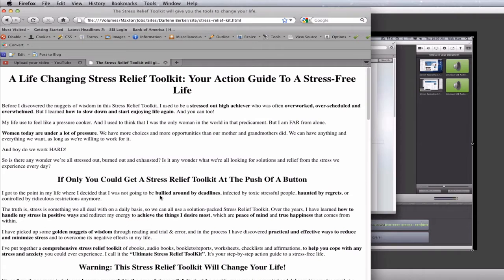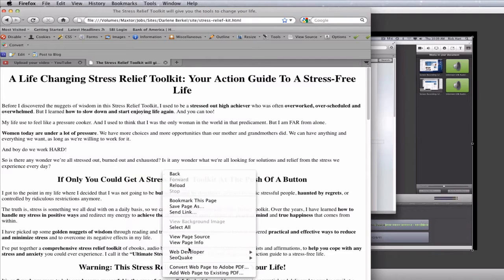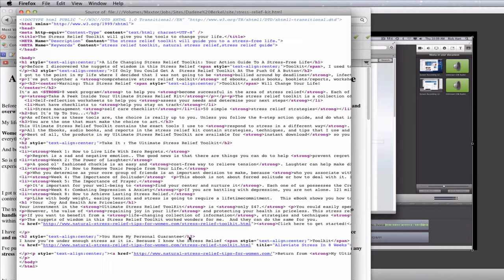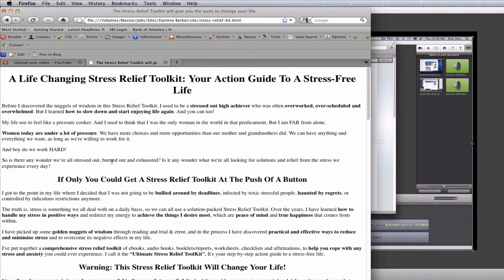Again, it doesn't display the same as your page because it's just the raw HTML. It hasn't been applied to your site where the template design takes over and makes it look a particular way. It's just raw basic HTML code. And again, I can right click, view page source, and see the source code that makes up this page. Even though it's locally on my computer in an HTML file and not online, it still allows me to view